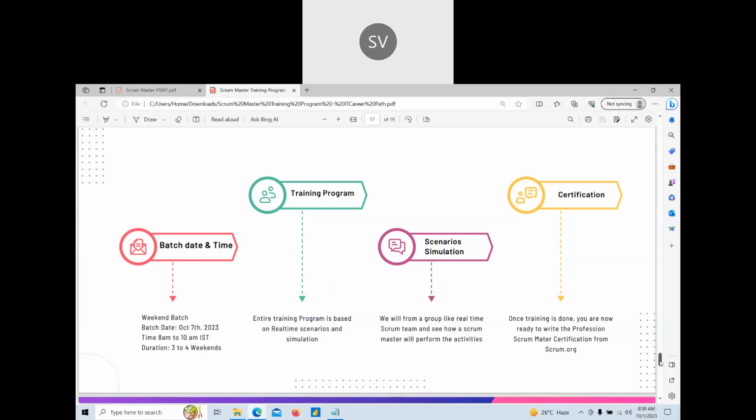Safe agile is not the same as CSM. Safe agile is different, and the concepts of safe agile are different, right? To be frank, to understand the safe methodology, we should be working as a Scrum Master in real time, at least for 1 or 2 years, because safe agile is at a broader level.